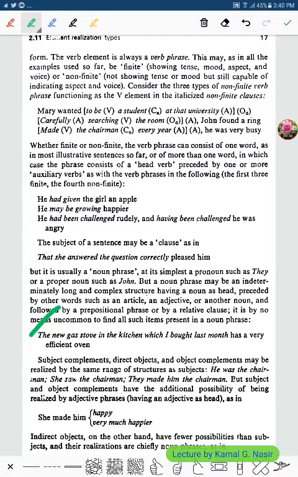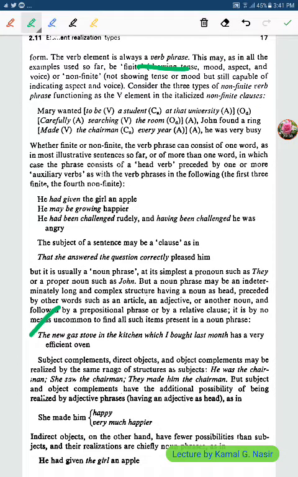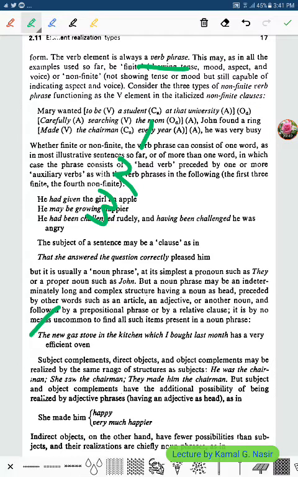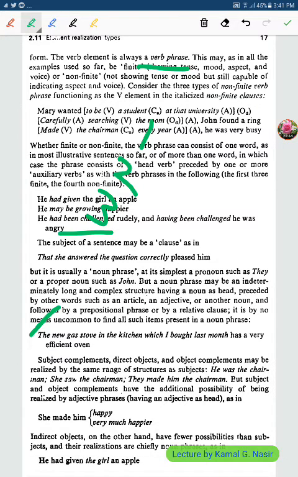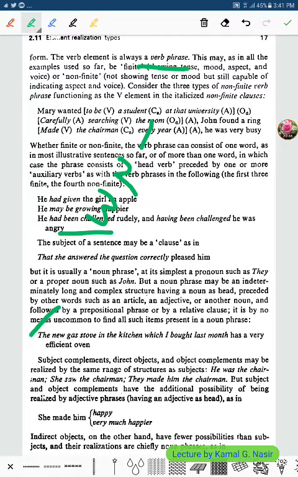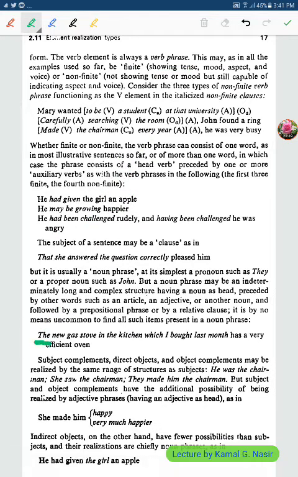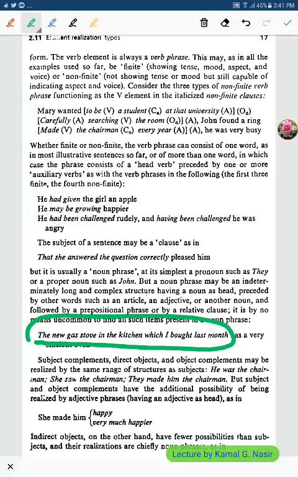Look well at the verb phrase. The verb phrase can be made of one word, two words, three words. Okay? Three. No more. But the noun phrase is made of all these elements, all these items,